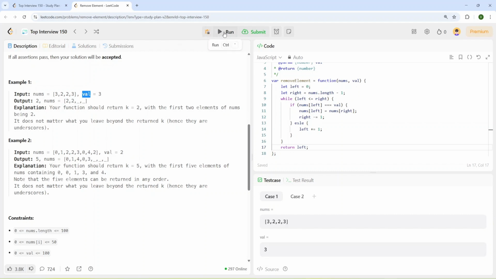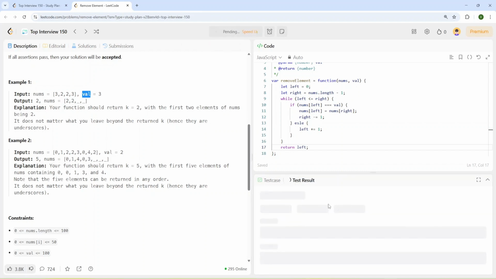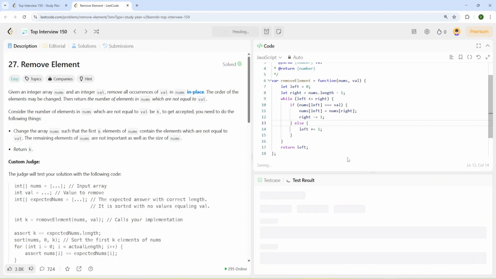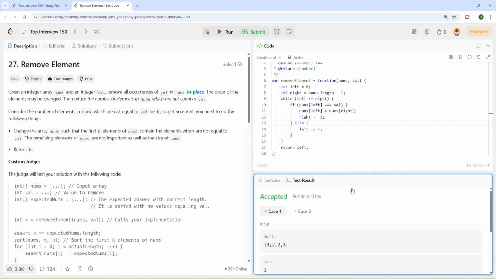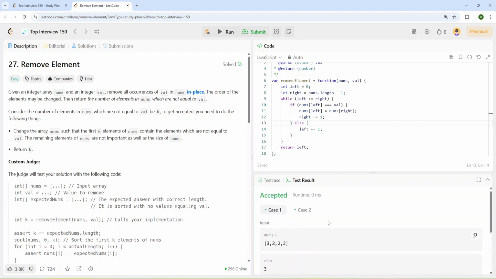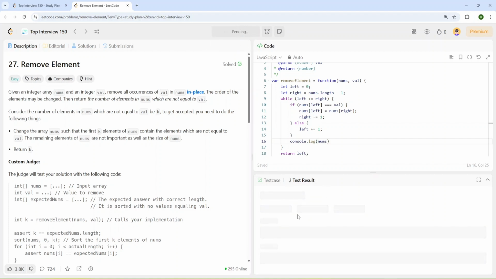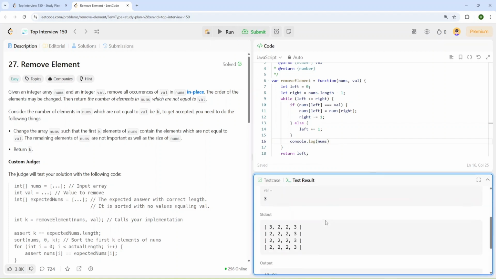Okay, and let's try to run, and let's wait, and I have an error. I'll fix it to else. Let's try again, and as you can see, our test cases are accepted. And now let's try to add nums to console log and check what I have. Run again, and let's wait.